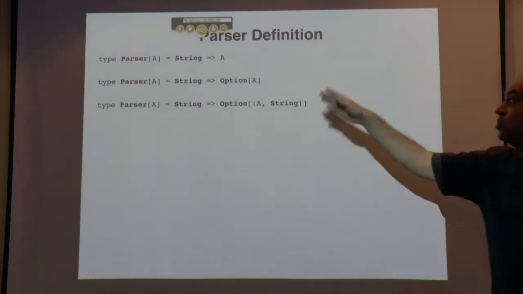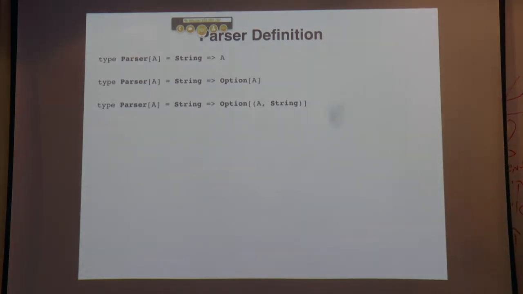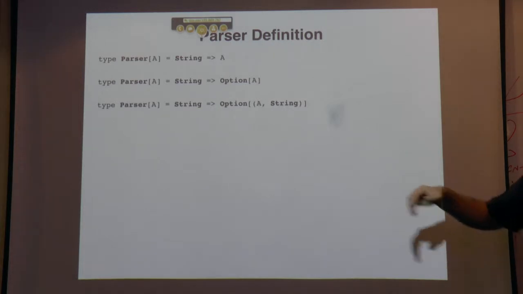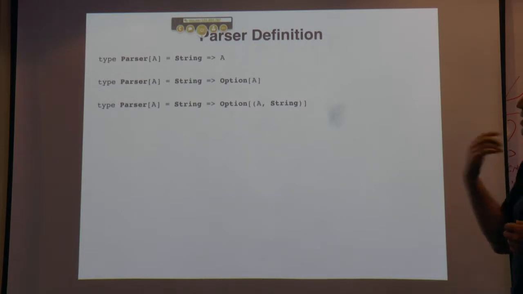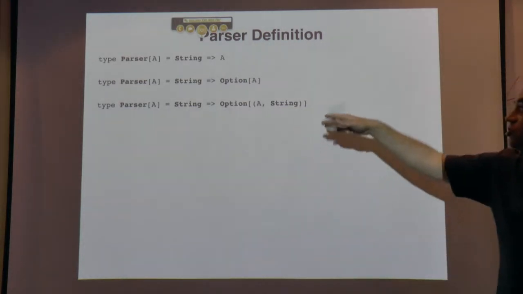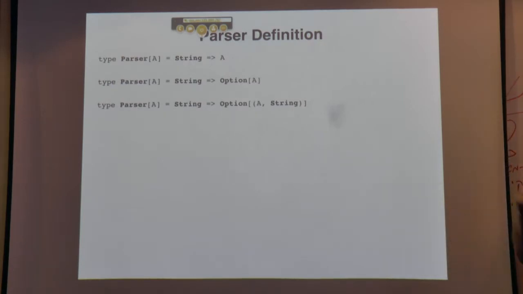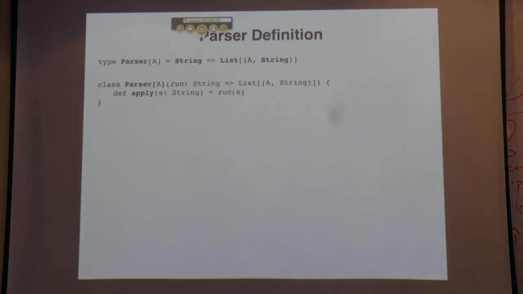So it's probably String to Option of A. But it's not always convenient, because sometimes a parser consumes just some part of the string and makes a result, and should pass the rest of the string, the unconsumed string, to another parser. So probably the result will be a pair, not just a result, but a pair of the result and the rest of the string. Well, it's not exactly correct, because